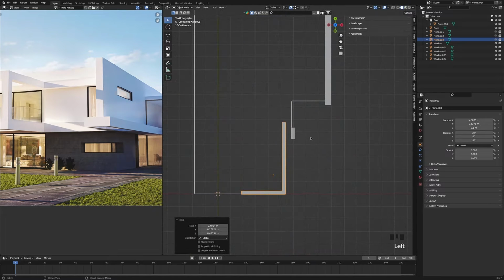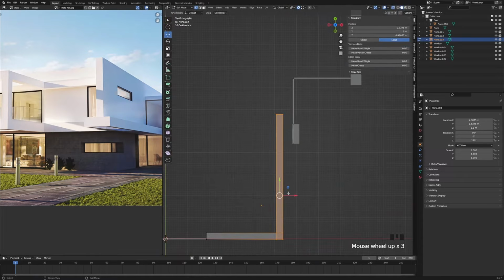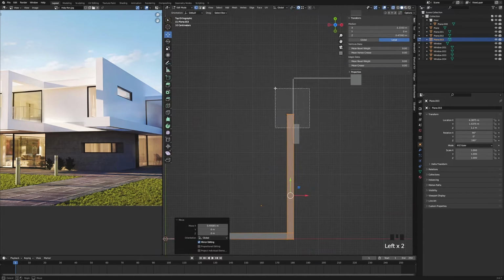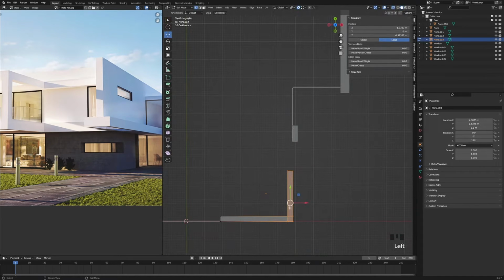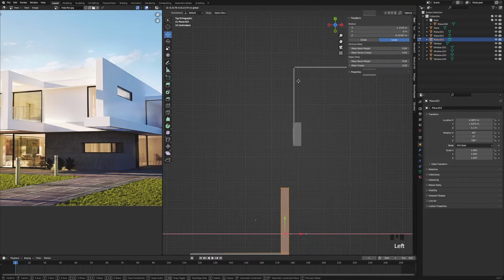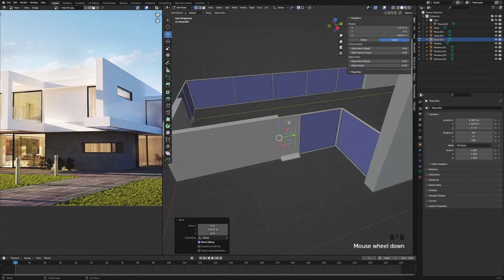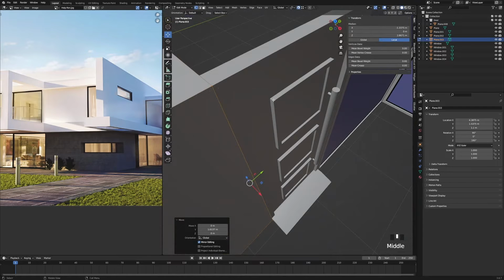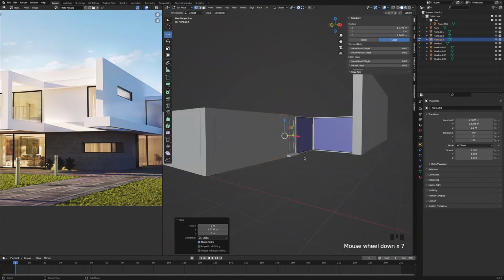Now if we go into top view and press Tab to go into edit mode and press the X-ray tool and select this side and just drag it out, bring back this wall and then make sure this side is selected, and we're just going to snap it to the corner like that, select this face and snap it like that. So now if we go out of X-ray mode, it will seamlessly snap to the wall like that and seamlessly snap to the bottom as well.